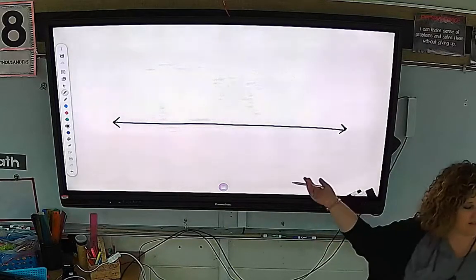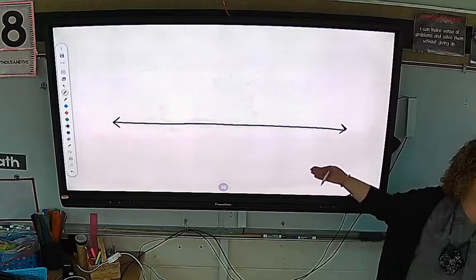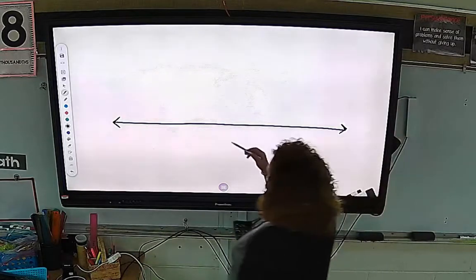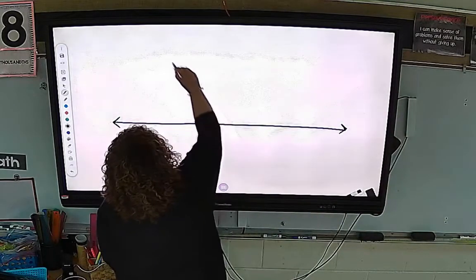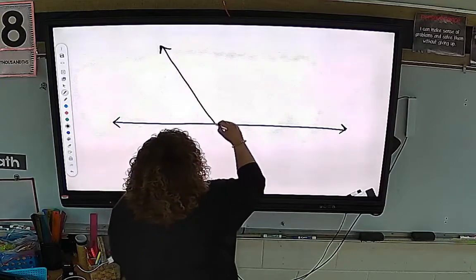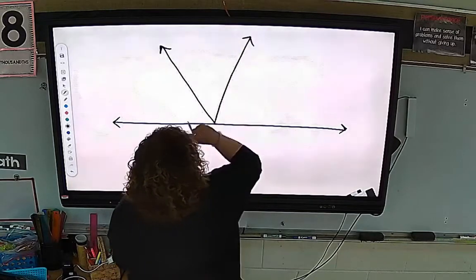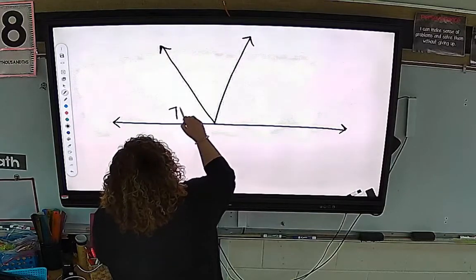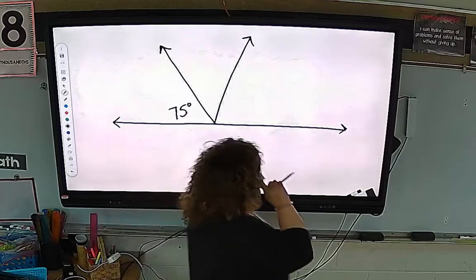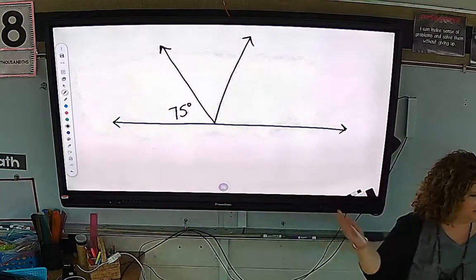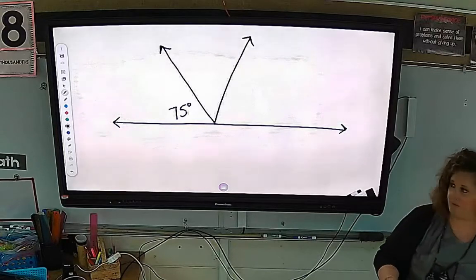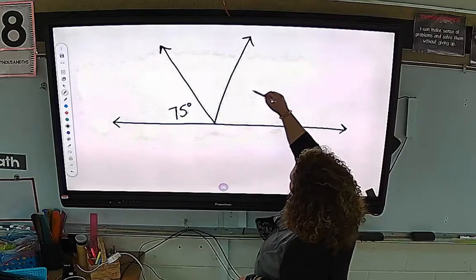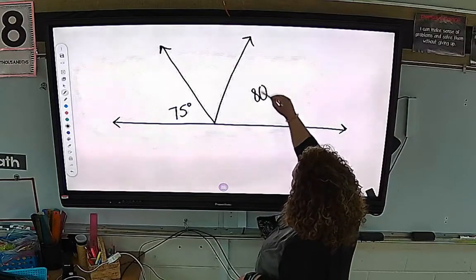Because if we have a problem like this, we want to know that that's our total. Because they're not going to tell us. They might tell us, hey, this is a straight angle. If they do, I'm going to know it's 180 degrees. And then there might be all these lines like this. And sometimes there's more than one. And sometimes they'll say, hey, this is, I'm just making up numbers here. And a lot of times, if I were to take a protractor, this might not be exactly the exact number, but they might just give you the numbers. If this is 75 and this is, I don't know, 80,